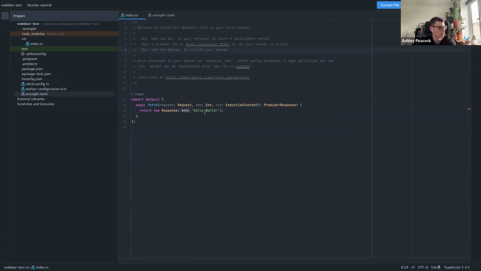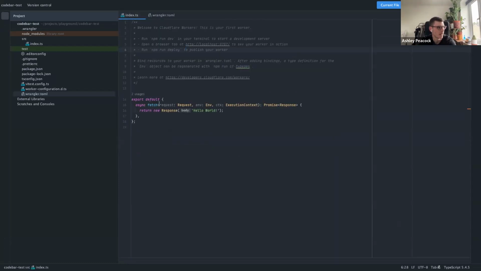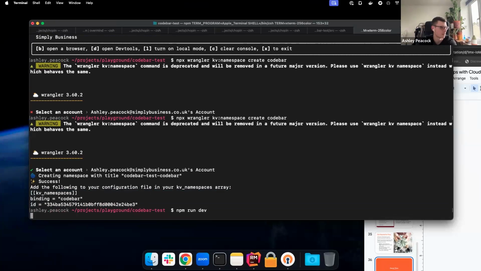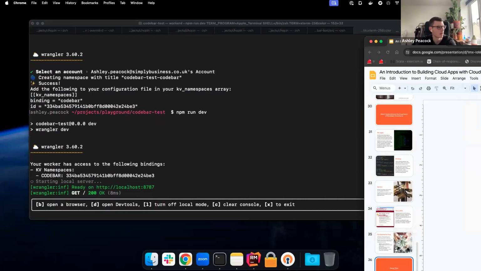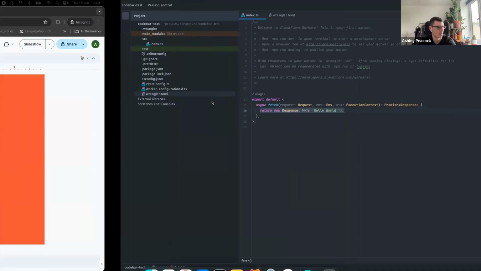If you look in the actual worker, this is what it looks like. So the entry point to any worker is defined in wrangler.toml at the top. You can see it's in here. And anytime this worker is executed, it will come into the fetch method and execute the code. So at the moment, it's just returning a new response that's hello world. If I were to run that, it's just npm dev. It's now simulating that locally. And if I open the browser, which I don't think you can see, but anyway, it opened in my browser. You don't need to really see that.